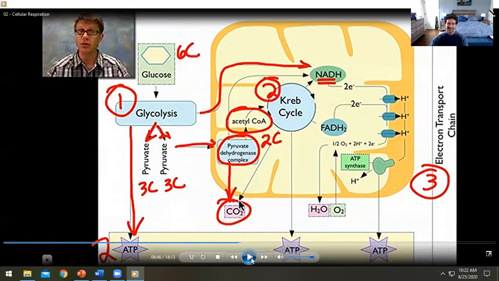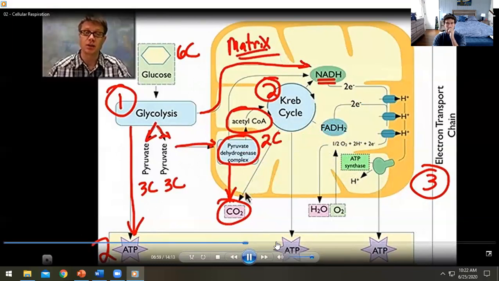Okay. So a third of that carbon coming out of you is going to come right here from this complex inside the matrix, we call this. I should have said that before. This is the matrix on the inside of the mitochondria. Okay, let's keep